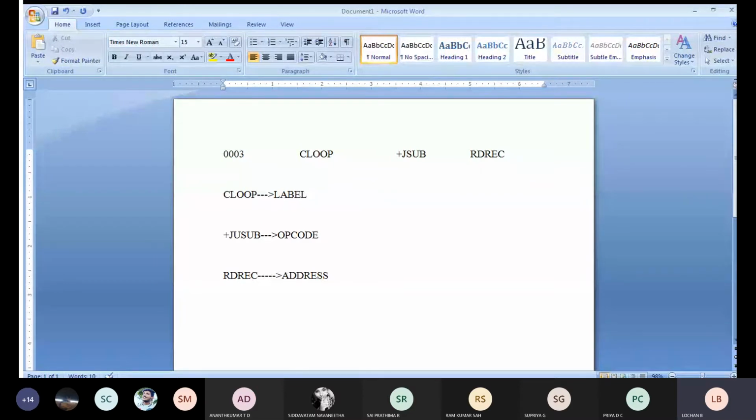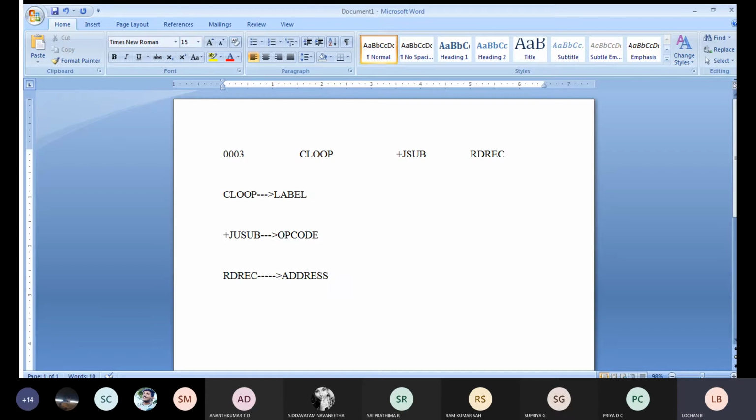Whenever you see any instruction, you will be getting the label part, an opcode part, and an address part. Everything you will be storing in your symbol table. In the symbol table you can have your labels, your opcodes, and your addresses. For whatever instructions you give, there will be a certain label, and for that label we will be assigning addresses to perform the instruction. Everything we will be storing in your symbol table.